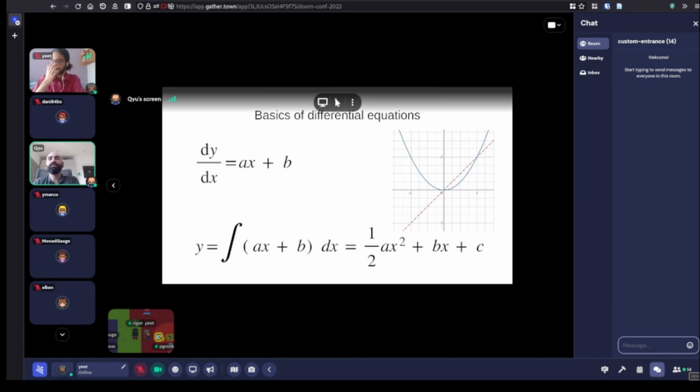Derivative, then we can think about what was the function which gave us that, which if we differentiate gives us that line, and then you would end up with this parabola. But of course, in all these things, you see you also have this additional part here, which is c. This is just a constant that comes out of the integration, so we need additional conditions, like an initial condition